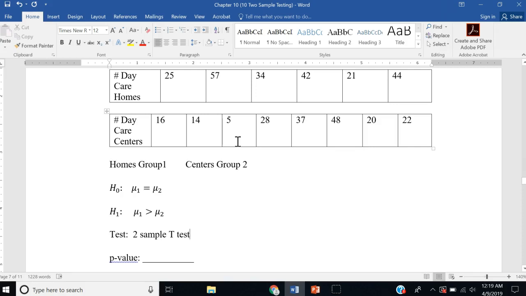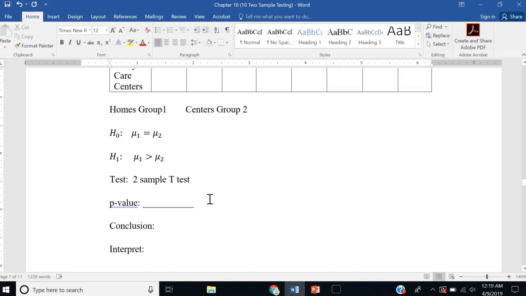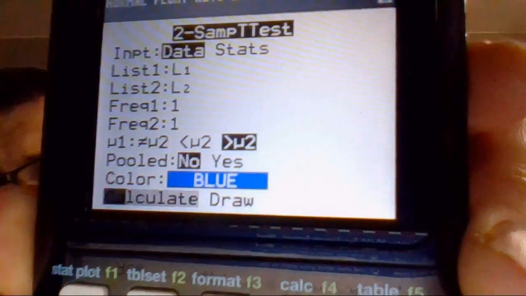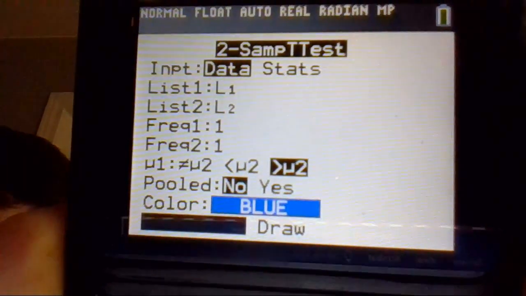Our frequencies we're just going to label, just like we did last chapter, as the number 1. So the number 1 is our frequency, and then greater than is my alternative hypothesis. We choose not pooled, so no on the pooled, and then we go ahead and calculate. Now before I click off this, let me just once again say that's the inputs. All right,